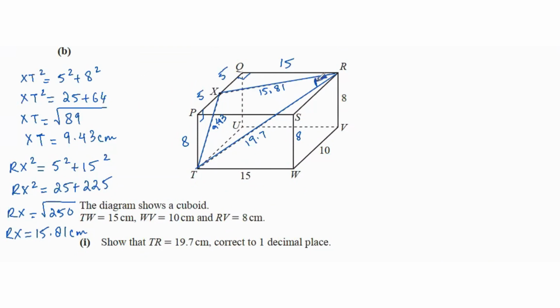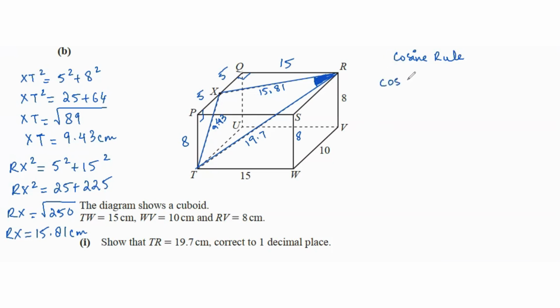we will use cosine. Why will we use cosine? Because this triangle over here, triangle XRT, is not a right angle triangle, it's a non-right angle triangle. And in a non-right angle triangle, if you have three lengths given and they're asking you to find one of the angles, you will use cosine. For example, if there were two lengths given and the angle between them, and they were asking us to find the third length, then you could also use cosine. So in this case, since it meets the condition for the cosine rule, which is the availability of three lengths and an angle, we will do